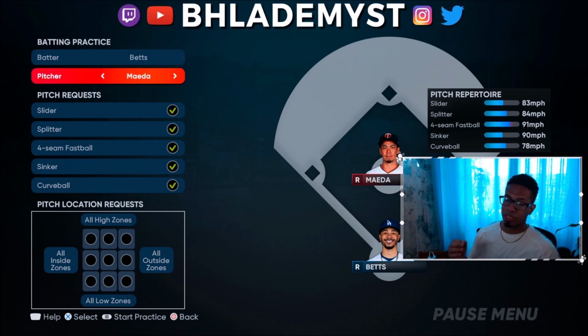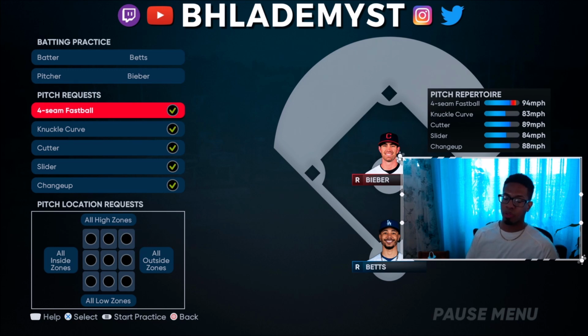Now when it comes to the pitch request, you might be wondering, what exactly does that mean? So this allows you to select which pitch you want to work on. If you want to work on all 5 of the pitches that Shane Bieber has, then you go ahead and select each 5. Down here, pitch location request, you can basically select where you want him to throw the ball,